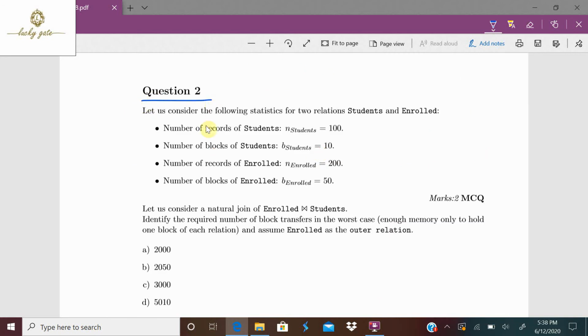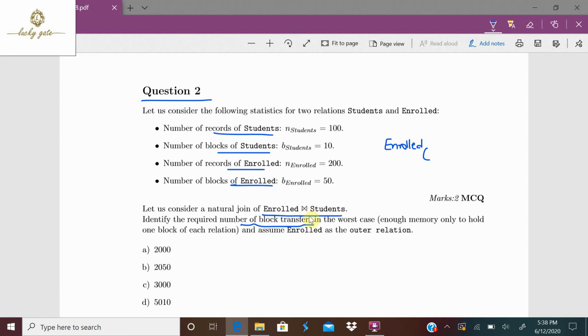Question number 2. Let us consider the following statistics for two relations, students and enrolled. Here the number of records and blocks of students and enrolled relations are given. Now the question is, let us consider a natural join of enrolled with students. Identify the required number of block transfers in the worst case. Assume enrolled as the outer relation. If enrolled is taken as the outer relation